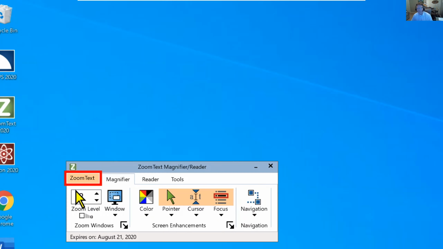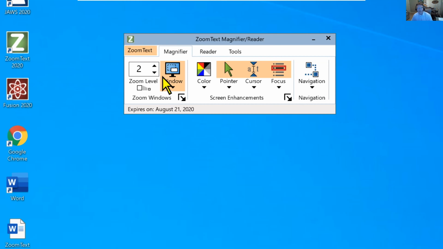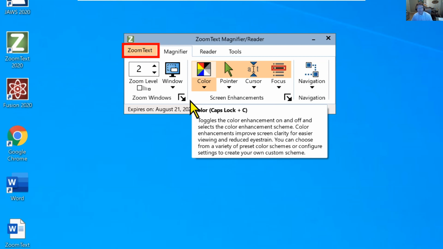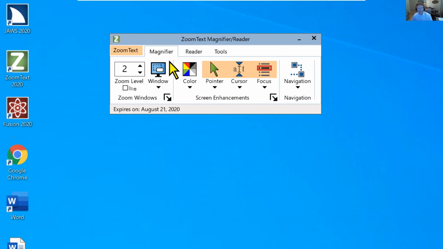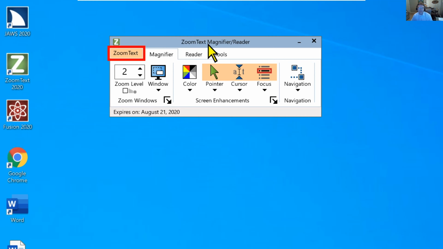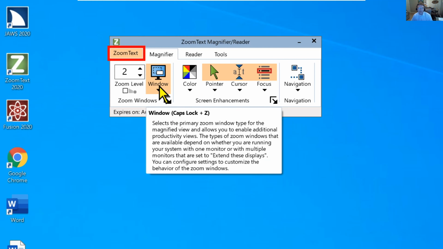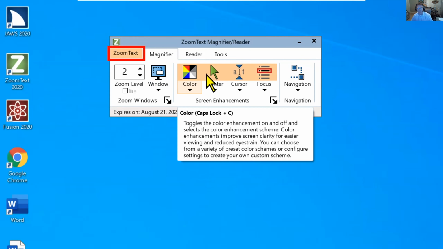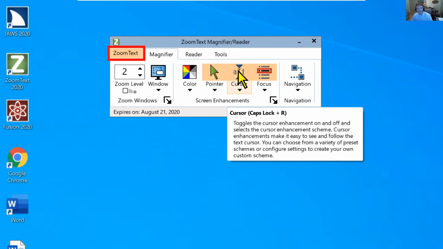So now let's get into the magnification features of ZoomText. One thing I point out here, I'm going to be using keystrokes, so I'll name the keystroke when I use it. But one nice feature about ZoomText, if I take the pointer and hover over an icon, for example, the Zoom window icon, it tells me the shortcut is Caps Lock plus Z, and it has a little description of what this setting does. So you can hover over any of these and quickly find out the shortcut key,